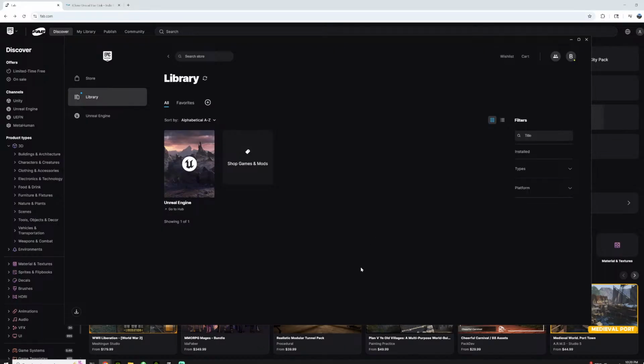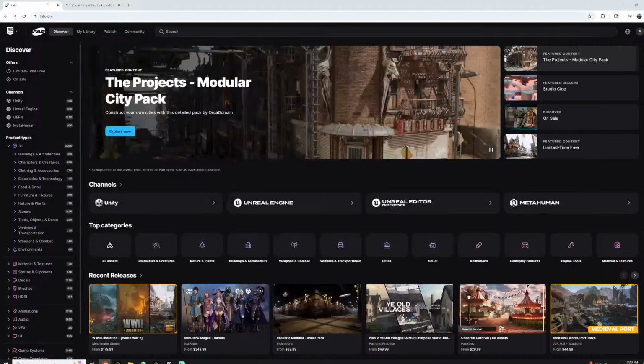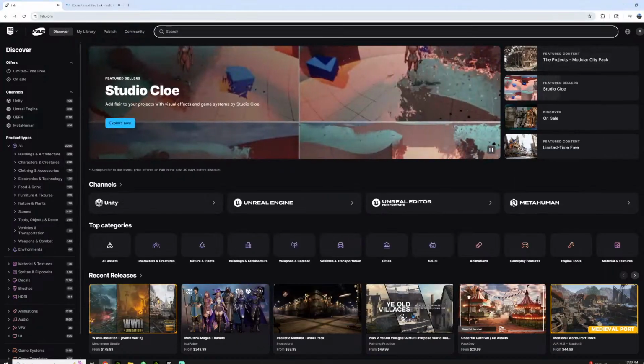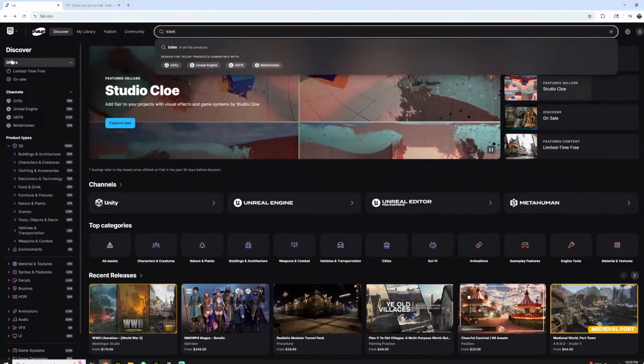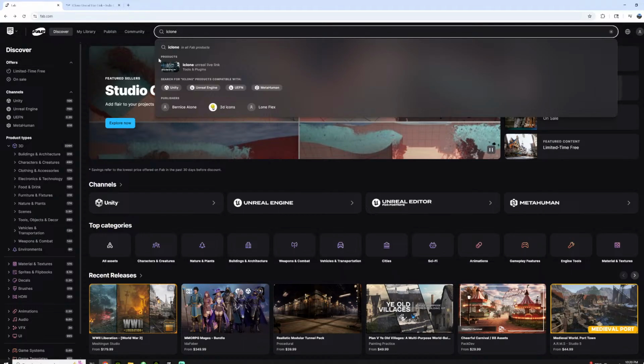For those who want to work with the Unreal Engine, make an account with Epic Games, download the Epic launcher, and there you can install Unreal Engine. Today we'll be working with 5.6. So the first thing we need to do is you go to fab.com. And for those who are really new to it and want to learn how to install the Live Link,